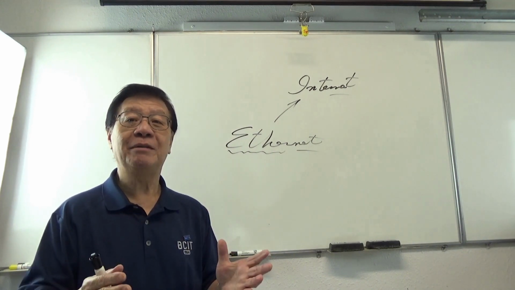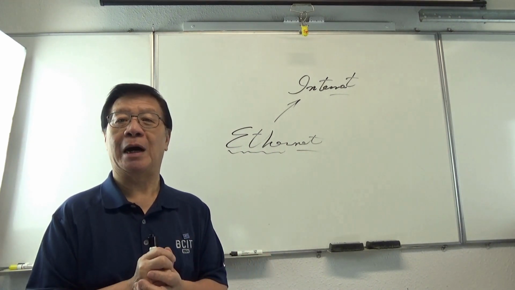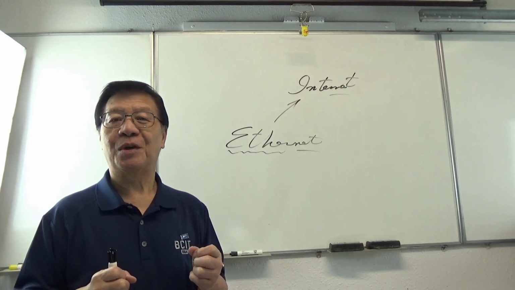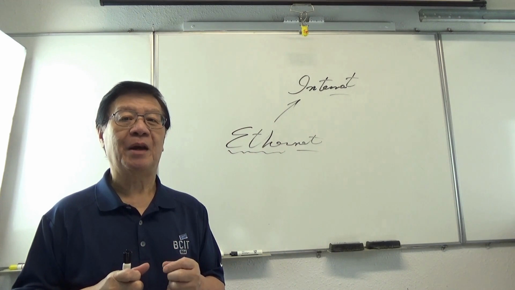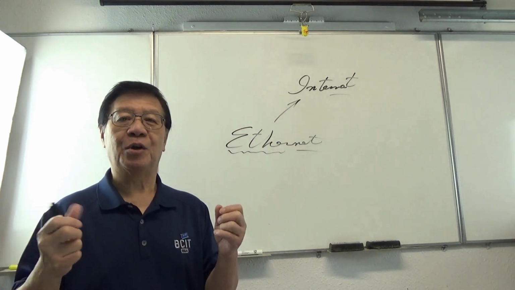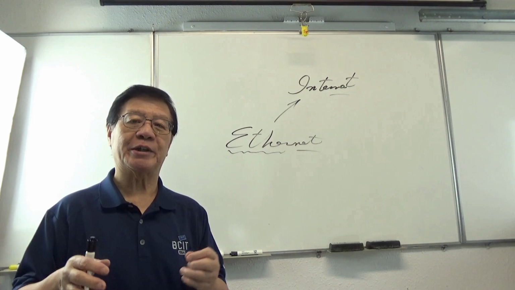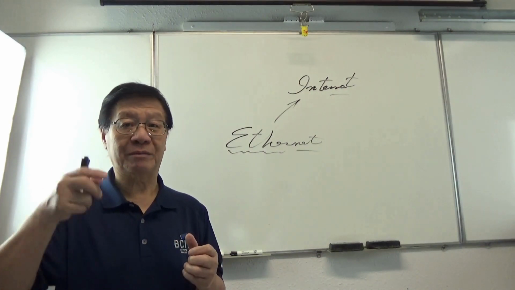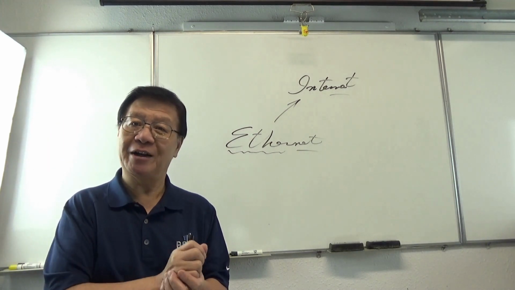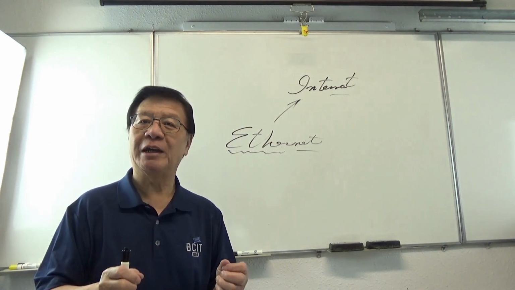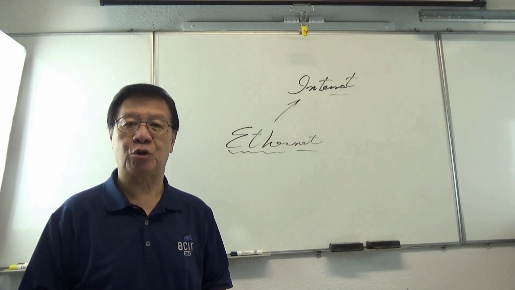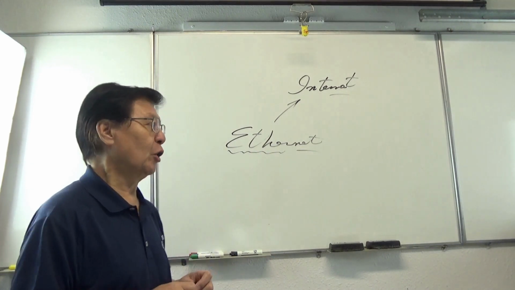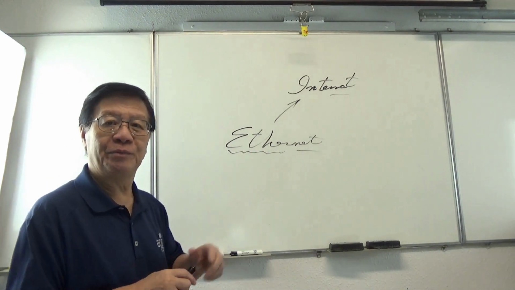Right? And then after it gets into your house, you have a black box. Now we call that a gateway, or in the past, we named it as two items. The first one is a modem, and the second one is a router. I'm going to look at those things in great detail in the future. But today, I'm going to give you an introduction, a big picture, a concept first. So after you get into your home,